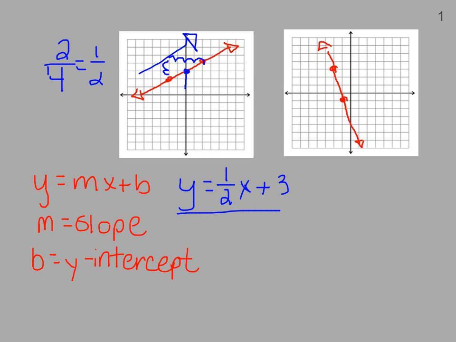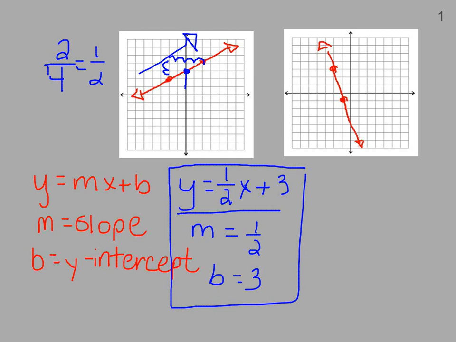That's one answer, and then you're just going to name the slope and the y-intercept, so you'd write m equals 1/2, b equals 3. And there's the 3 points that you would have on that problem. So looking at the next one,